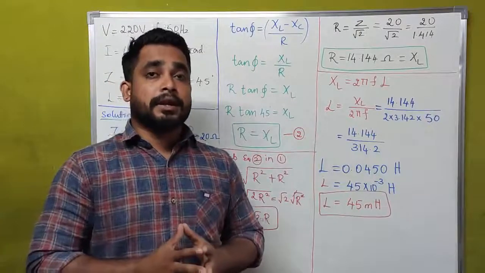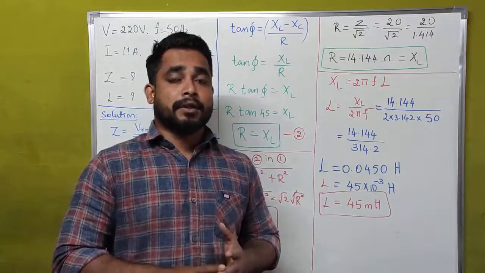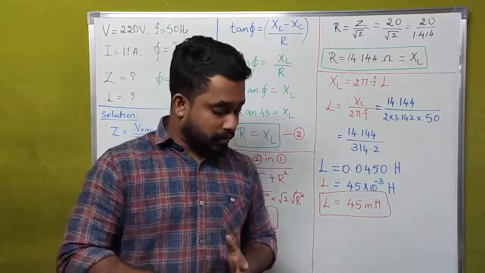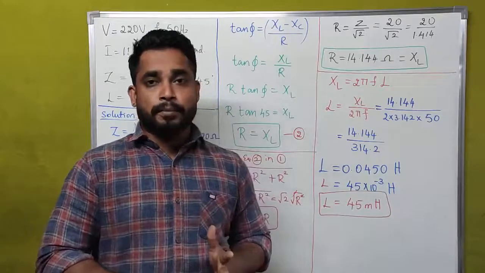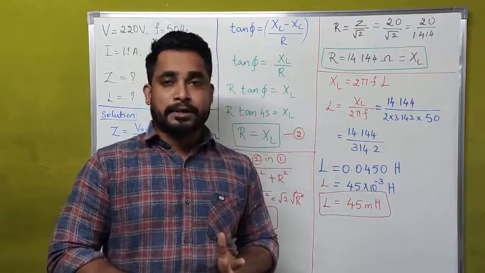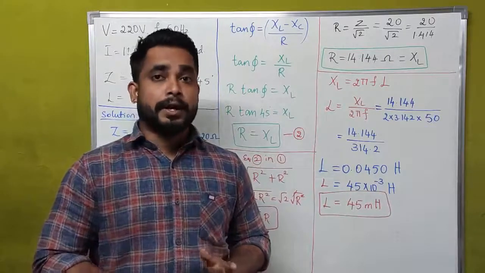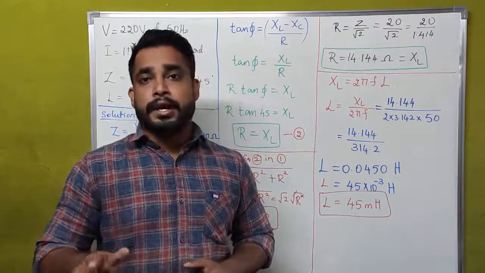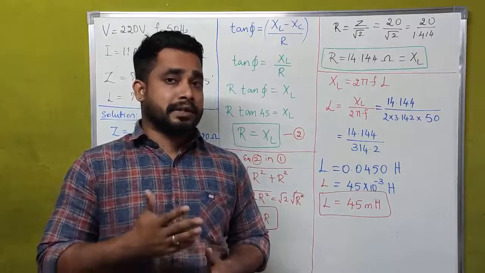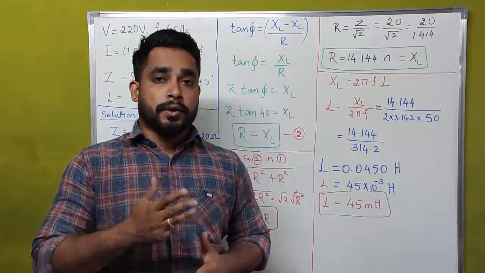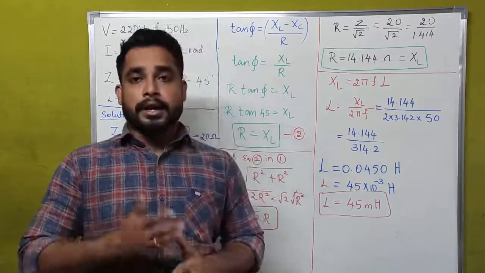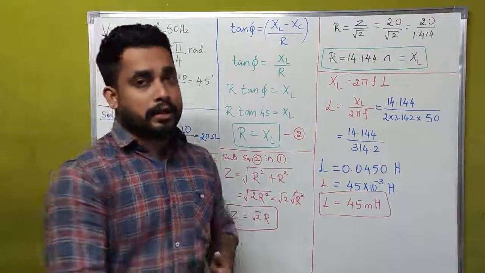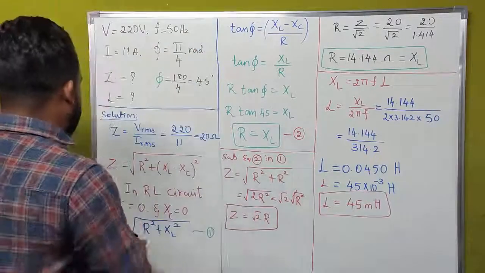What he has asked is, a series LCR circuit has a combination of inductance, capacitance and resistance, with values of 5 ohms, 28.5 millihenry inductance and capacitance of 800 microfarad, connected to a power supply of 285 volts. What we have to find out is the resonant frequency of the circuit, impedance, current and power dissipated at resonance. These are the things which we are going to find out right now.